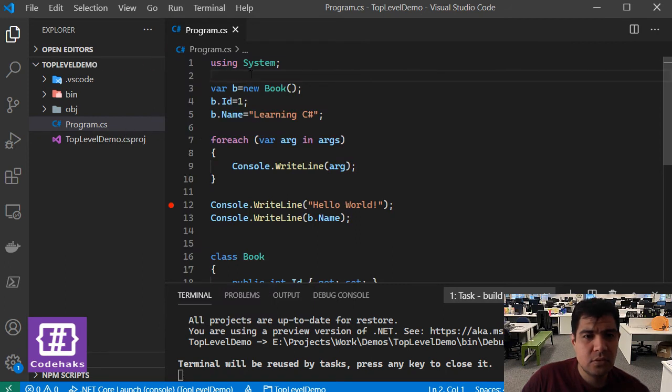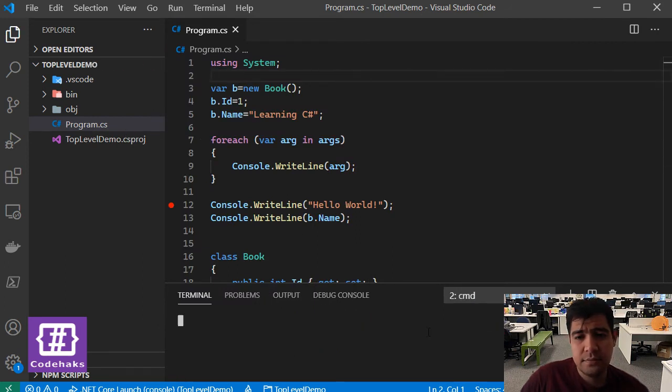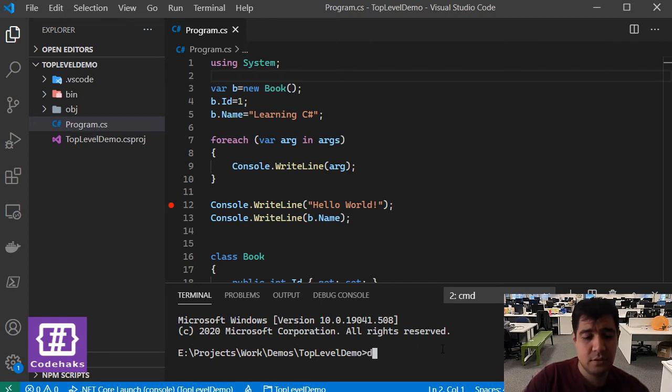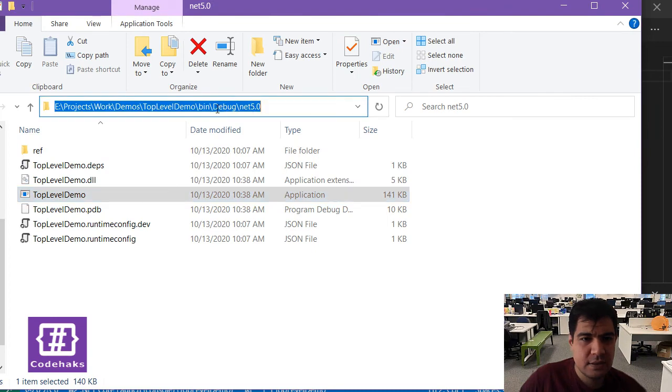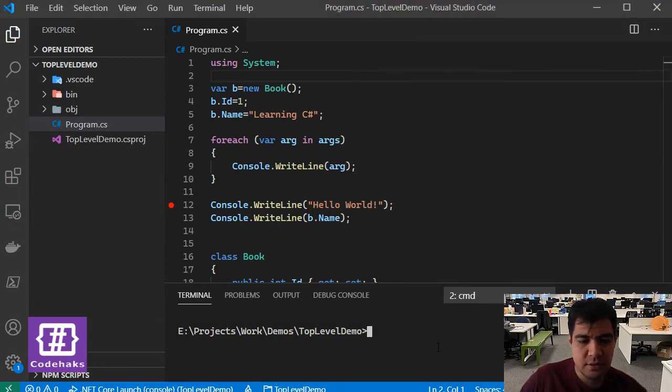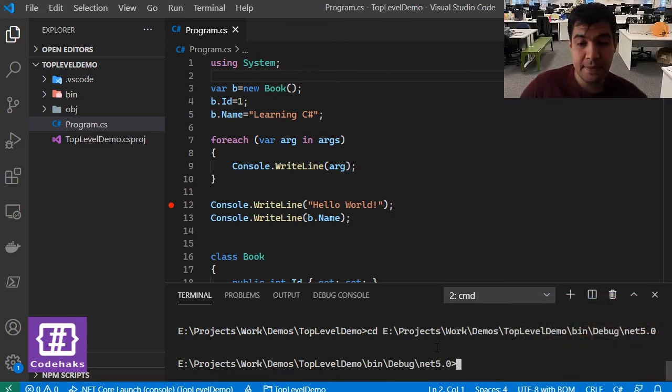So you want to go through all the arguments and write them in the command line. You can build a project in here using dotnet build and cls it. Then go to the folder that we have. Let me take the path and cd into it. Now we can use this top level demo and put some arguments in here, like hey code next welcome,